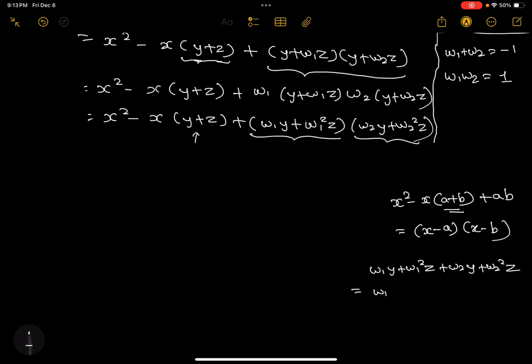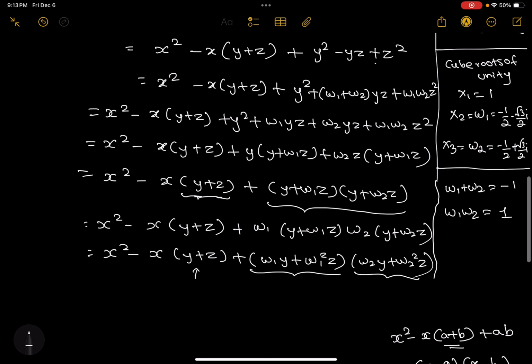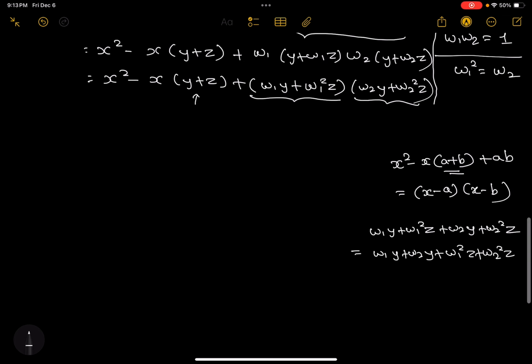Now this is just omega 1 y plus omega 2 y plus omega 1 square z plus omega 2 square z. Now I want you to notice something: if you take the square of any one cube root of unity, you will get the other cube root of unity. That's a property of the cube roots of unity, and that seems to be helpful over here, right? You can verify that for yourself. So over here also,